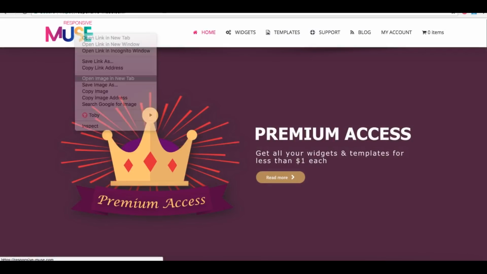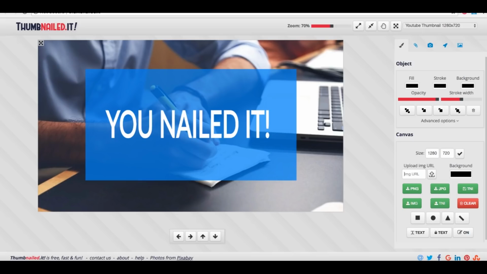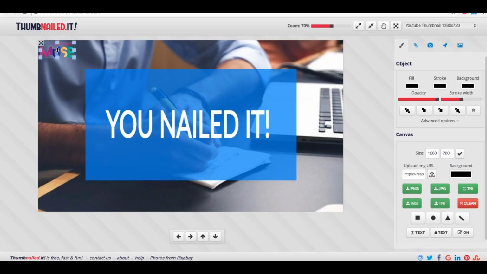So I'm going to open the image in a new tab. So I will get the link. I'm going to copy this link and click here, upload it. And there it is. So just going to move it around and same thing. You can resize it. So as you see, guys, it's all about dragging and dropping. So it's pretty simple. Whenever you're done, you can download your creation by clicking here if you want it in